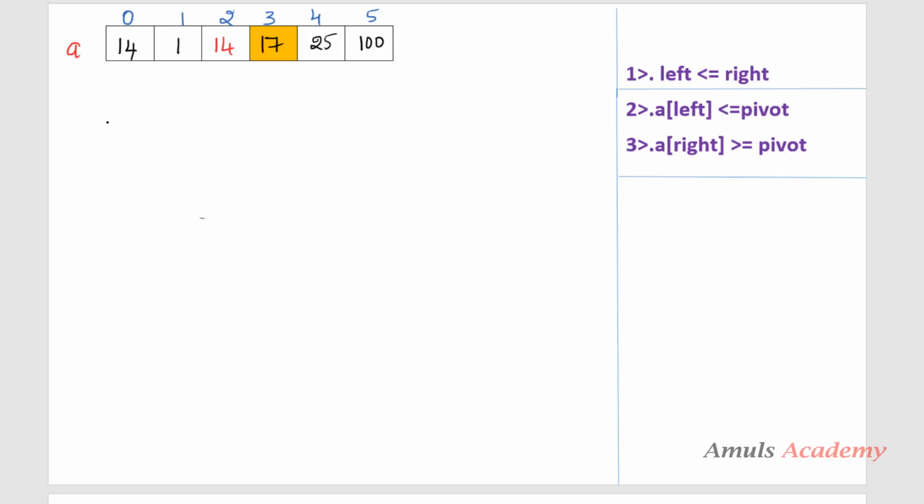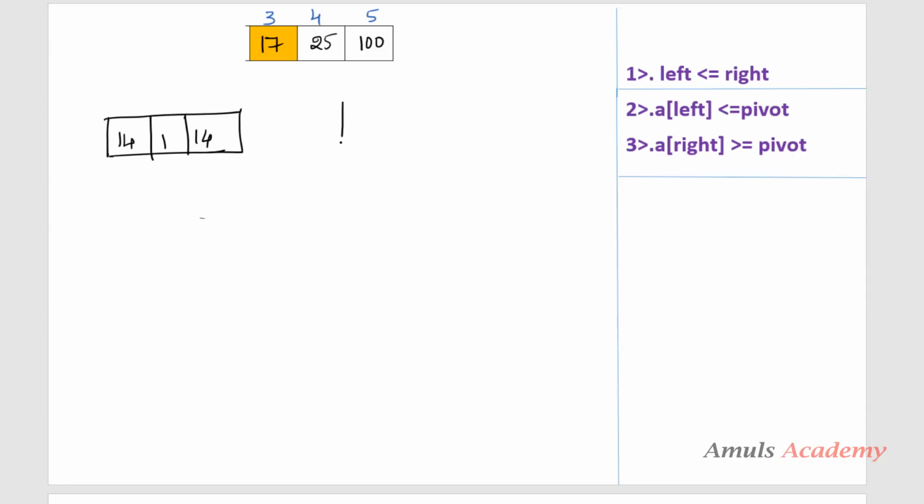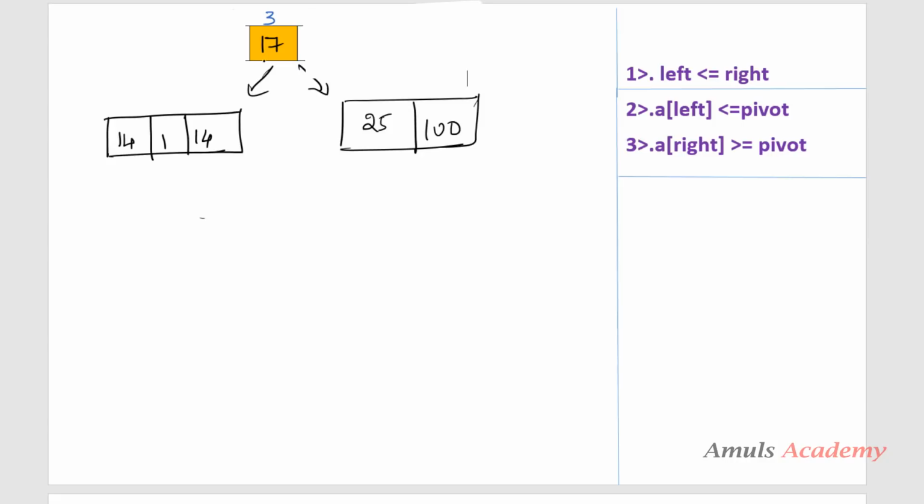Okay, so here we need to divide like this. First is 14 and 1 and 14. Okay, this is one sublist. Next is 25 and 100. Okay, here 17 is sorted, right? So we need to solve these sublists separately.